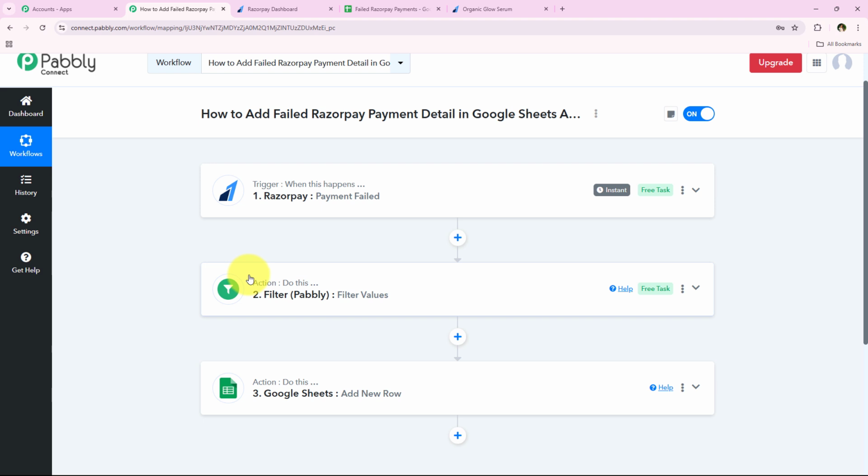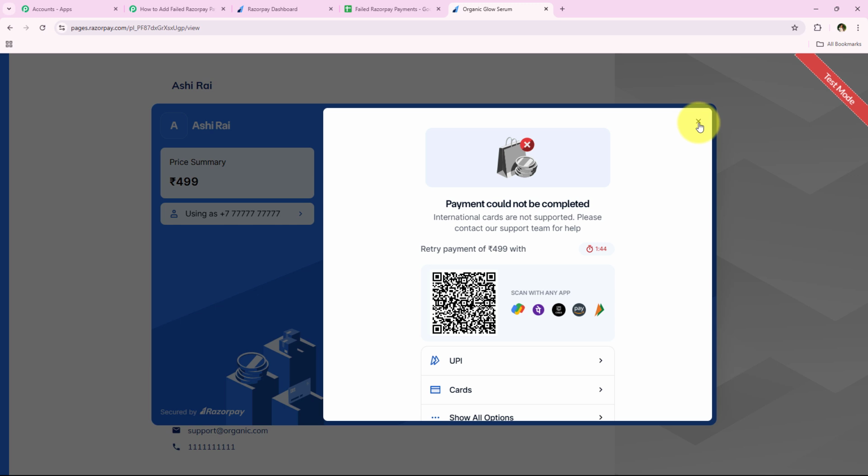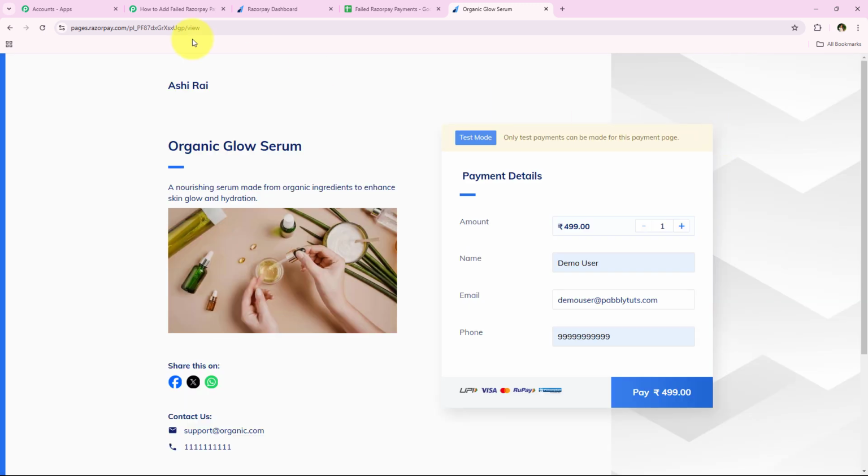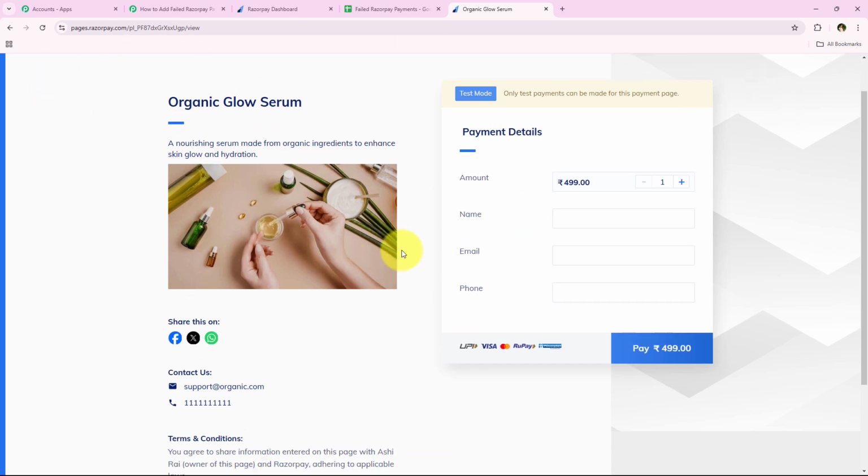and this time I'm going to give you a real-time example. So what we're going to do is I'm going to open my product again, and we're going to do another test submission with the new details so that we can test if our workflow is running in real time or not. Okay, so I'm just going to refresh this page, and we're going to do the test submission with